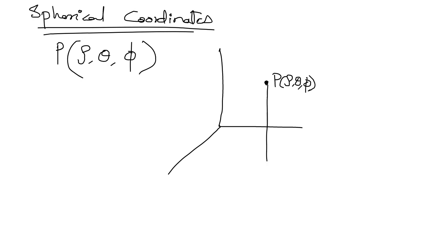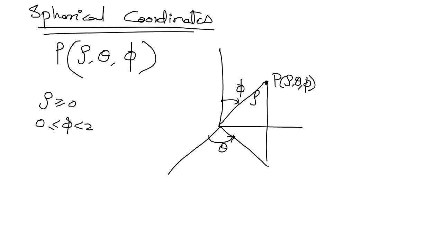How can you find the rho and theta and phi? This is the angle theta, and this one is the angle phi, and this one is the rho. So these are the spherical coordinates. There are conditions that rho should be greater than 0, theta must be between 0 and 2 pi, and phi must be between 0 and pi. So this is about the introduction.